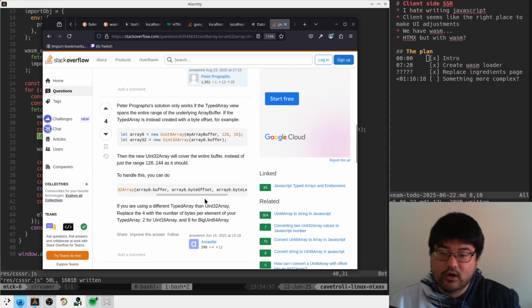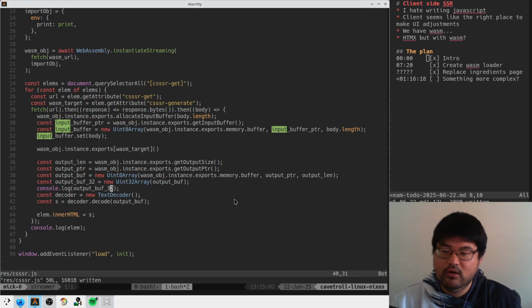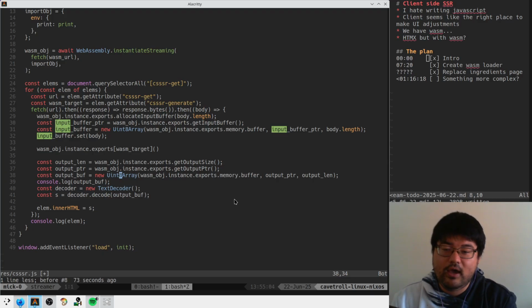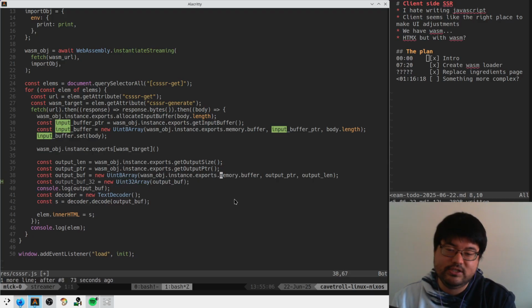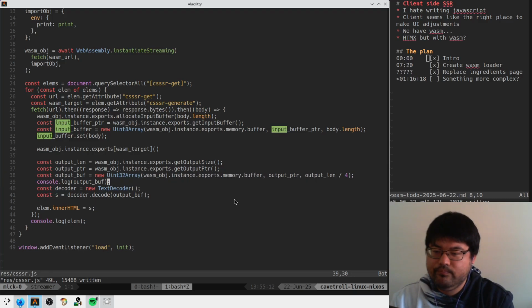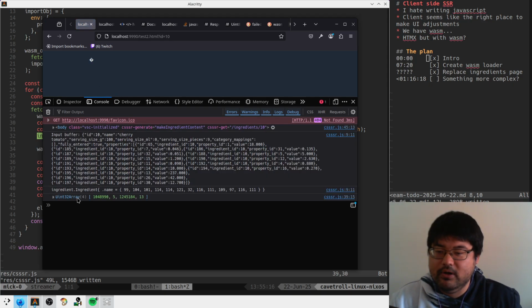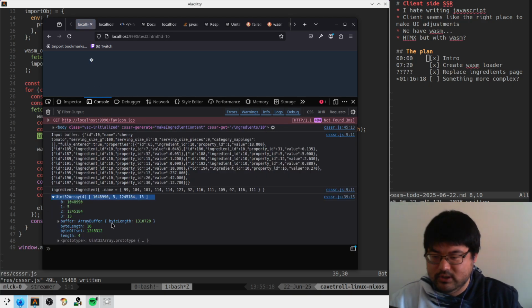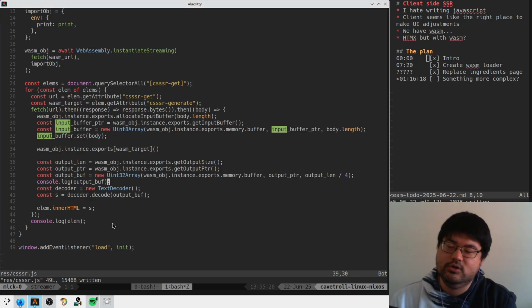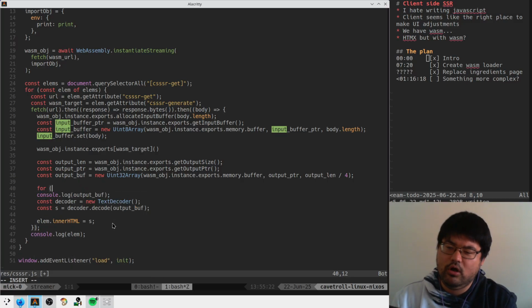Okay, so here, byte offset and byte length over 4. Sure, so we just cast this to a uint32 array directly. So we have the byte offset, and then this is over 4. Fine, we'll do some manual managed memory. So now we have pointer length, and so now we should go like 4,